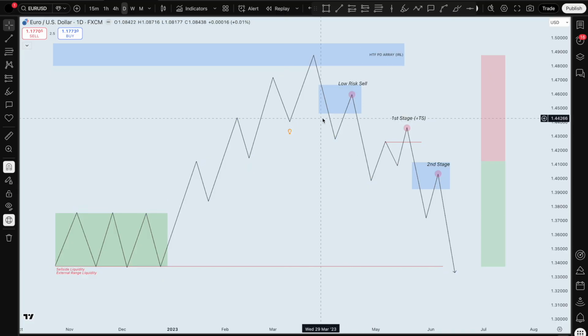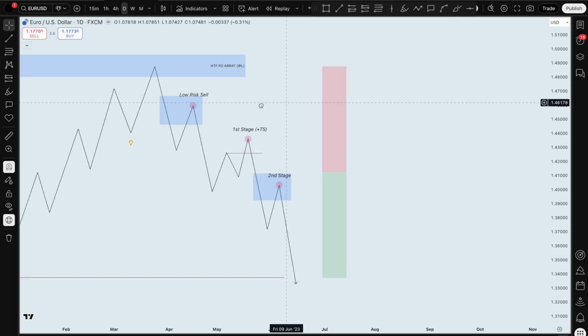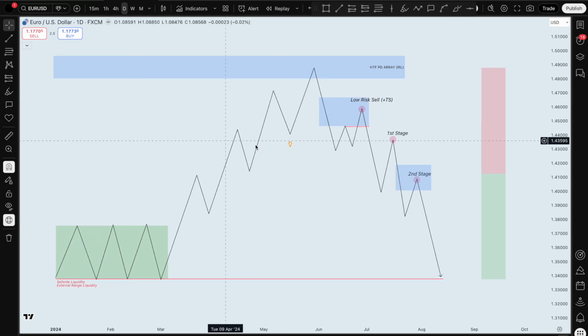Price will shift structure to bearish, create the low risk sell, displace lower, create the first stage with the turtle soup, then displace lower again, second stage, and go towards the external range liquidity or the target. So that's again 70-80% of the time, and 10% of the time you're going to have something like this with the low risk sell with the turtle soup, and then the two next stages are going to be continuation, meaning no turtle soup again